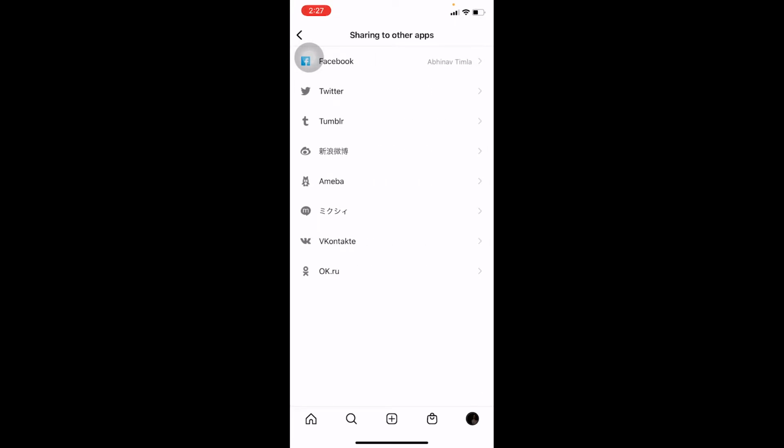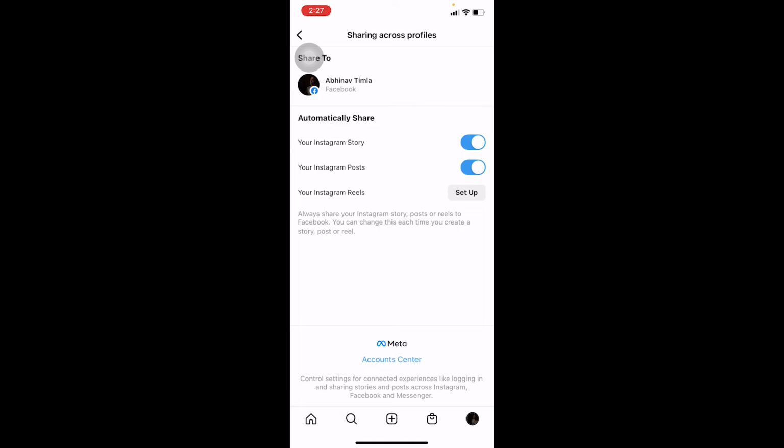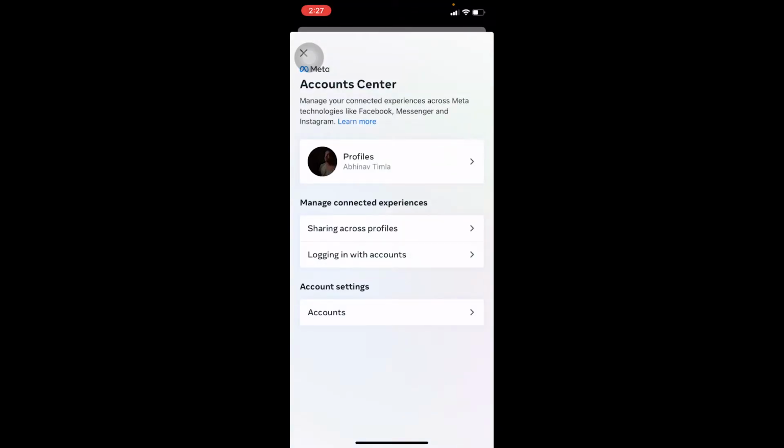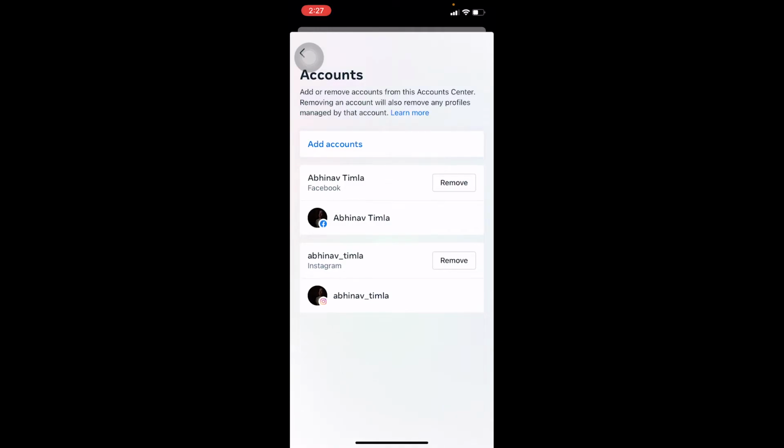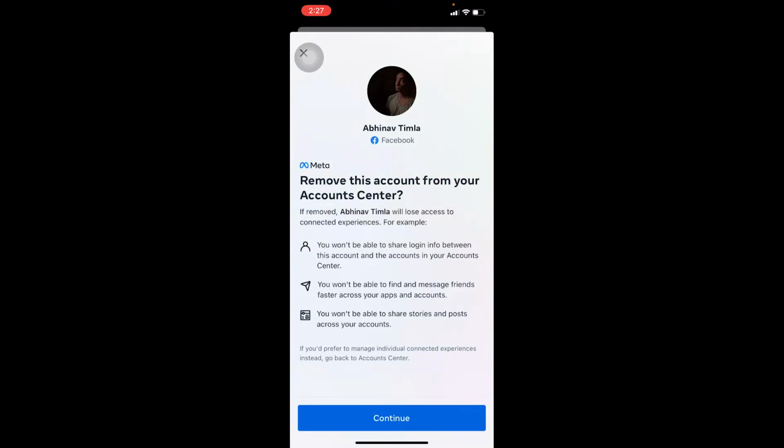Once you click on it, all the apps and all the websites which you have linked to your Instagram are going to be shown. So you want to go on Facebook, and once you're in Facebook you can see where it says account center. Click on account center, and the Facebook account which you have linked right now is going to be shown over here. Now what you want to do is go on accounts, and your Facebook account is going to be shown over here, and right beside your Facebook name there's going to be a remove button. Click on remove. Once you click on remove and you click on continue, your Facebook account will be unlinked